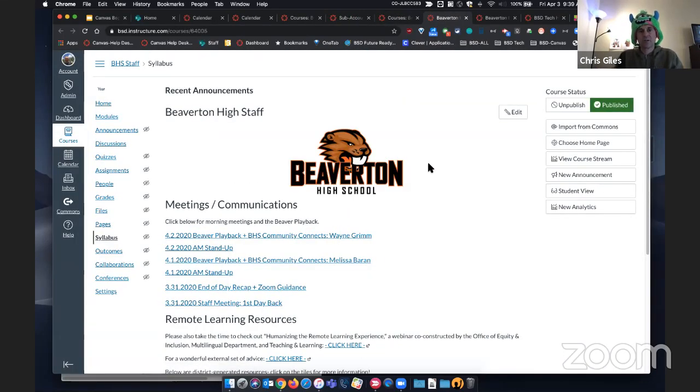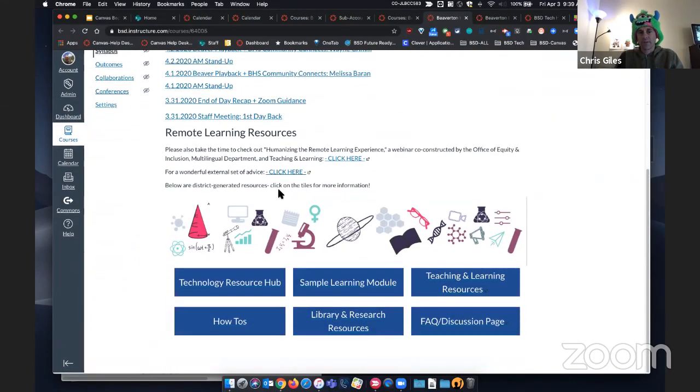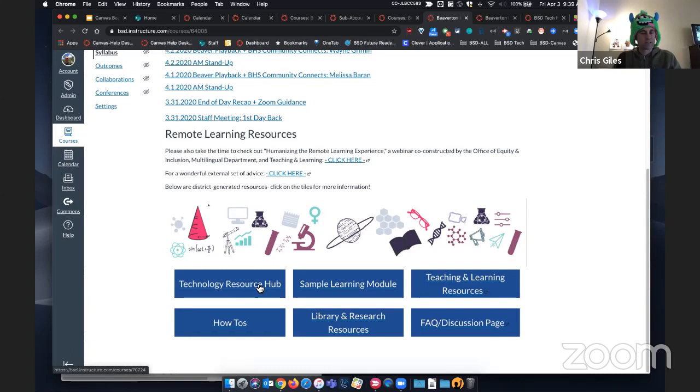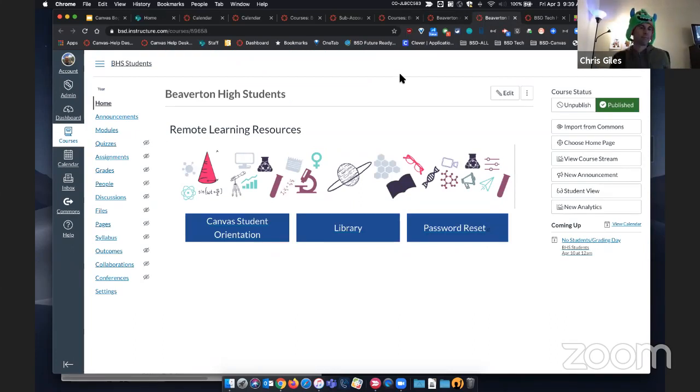Here's the staff page. If you're a Beaverton High School teacher, you click on the dashboard and you will find the Beaverton High School staff page. On that page are these things right here: the resources, how to get to the technology hub, a sample module, all of these things we put in. But also in addition to that, on this all staff page, and this goes for Conestoga, this goes for everything,